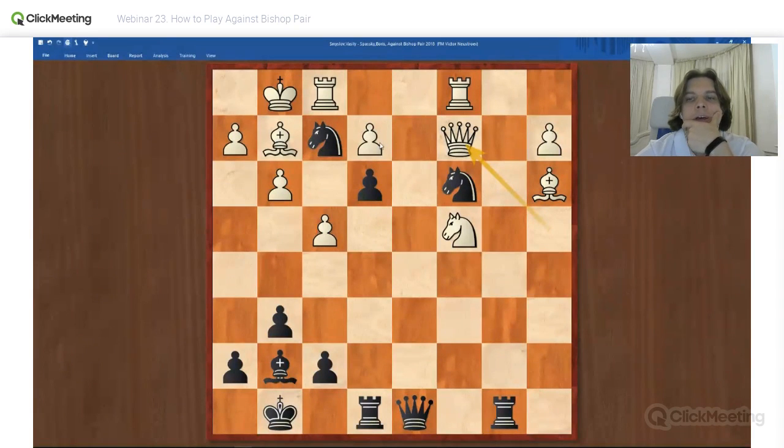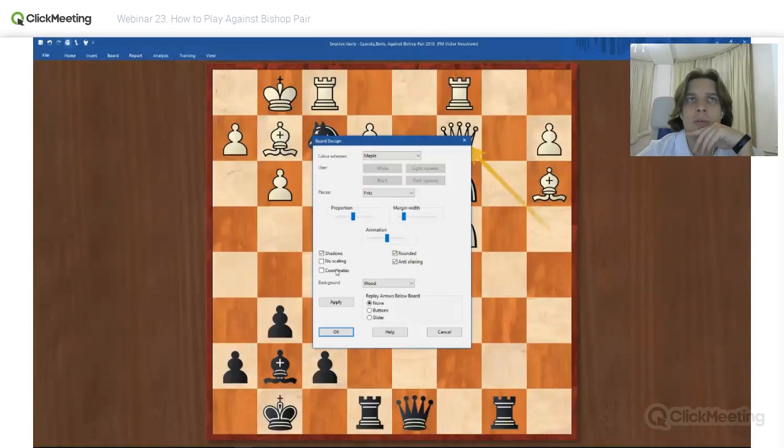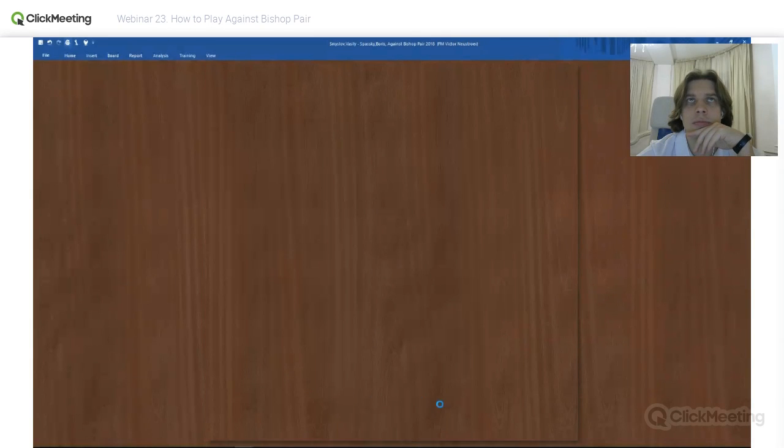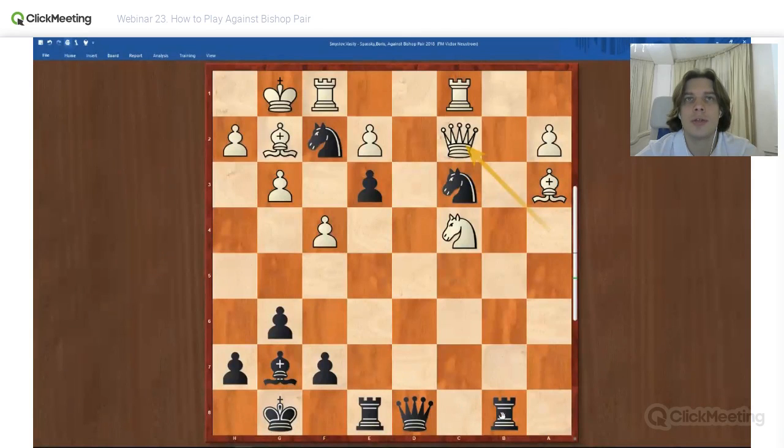Queen d4. Okay, Anusha is correct, and this is what Vasily Smyslov, or this is what Boris Spassky played in the game. However, it's not the best move. Queen d4 is not the best option. Rook f1, you mean, okay. Just remind me to add coordinates. You mean rook c8? No, I don't know. Rook c8, he may take on a3, I think.